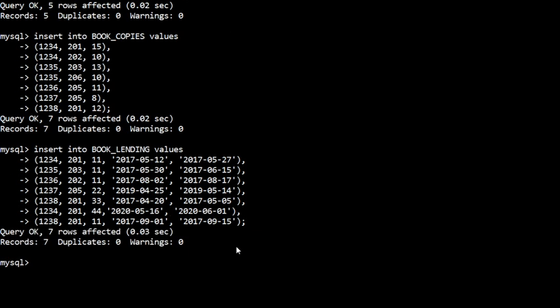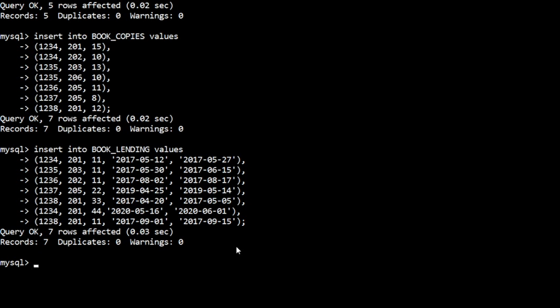Okay, and one thing you have to remember when you insert the values: first you insert the values to a relation which does not have any foreign key. Okay, like publisher, library branch. Library branch I have added later, but you just see library branch, for library branch I have inserted the values before inserting the values to book copies and book lending.